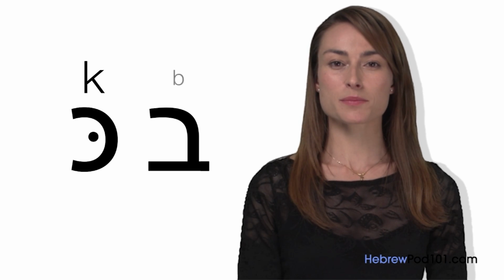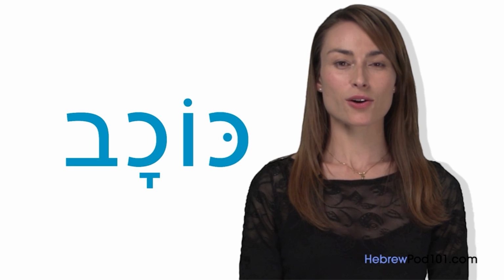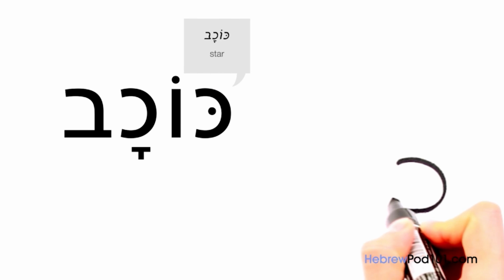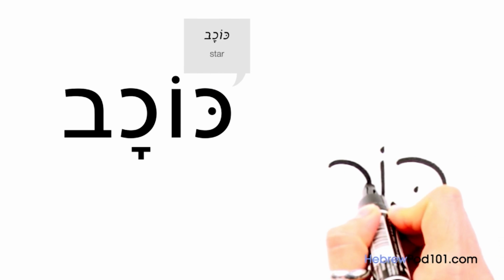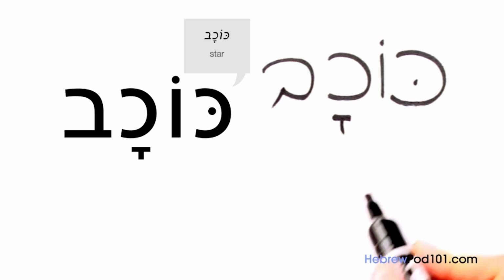Kaf. Kaf actually is only pronounced like K when it has a dot inside. Just like Bet only has the B sound when it has this dot. Without the dot, it sounds like Ch. Chaf. A good example is the word kochav, which means a star. K, O, Cha, V, kochav. And in print version,